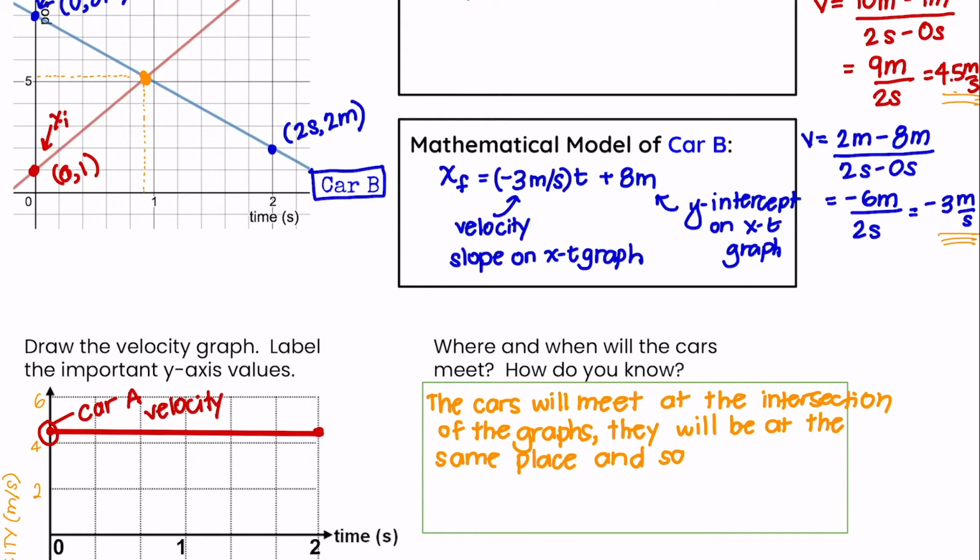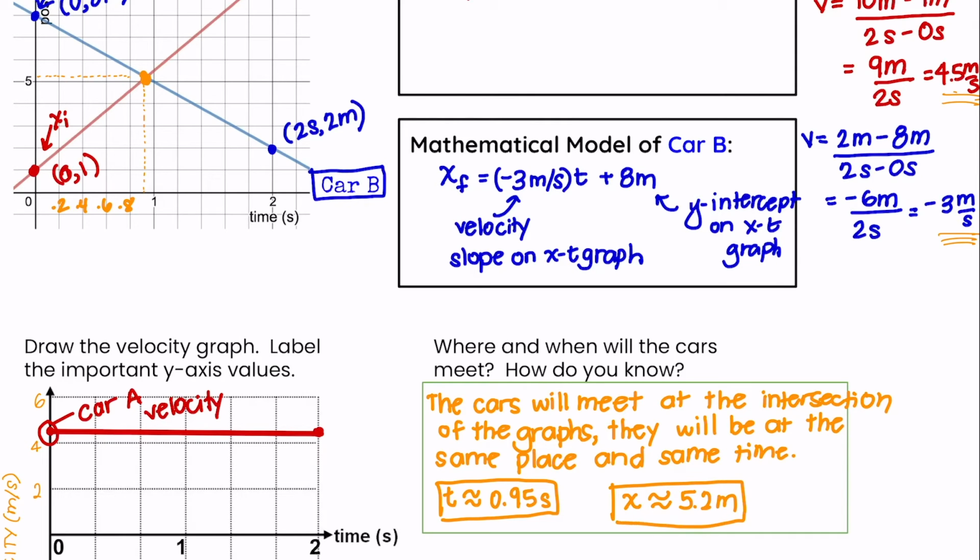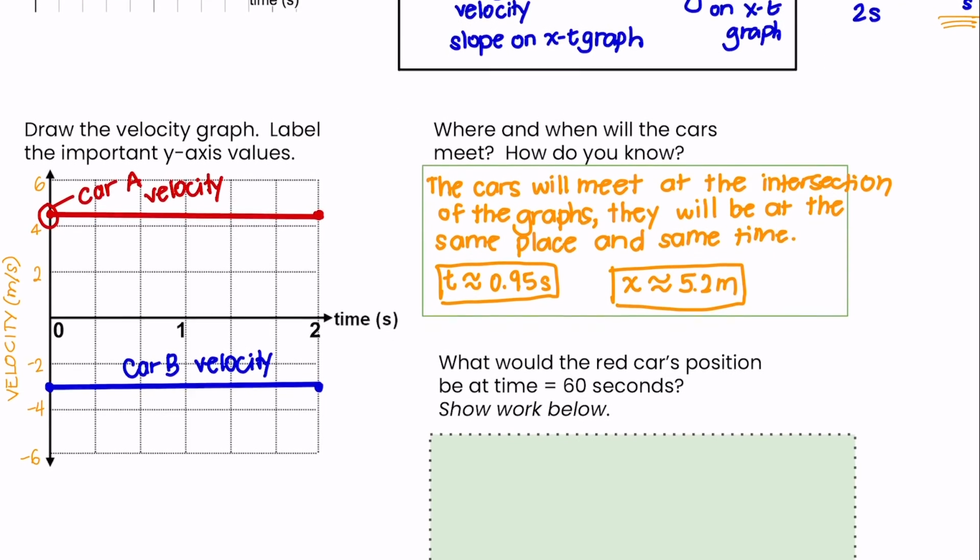All right, so we can just make some approximation of where and when that happens. So looking at the graph, it looks like it's about, let's see, 1 and then 0.2, 0.4, 0.6, 0.8. So this must be around 0.95 since it's closer to 1. And for position, we see that it's about a little past 5 meters, right? So we can say, I don't know, 5.2. So car A and car B will be at the same place at the same time at time 0.95 seconds